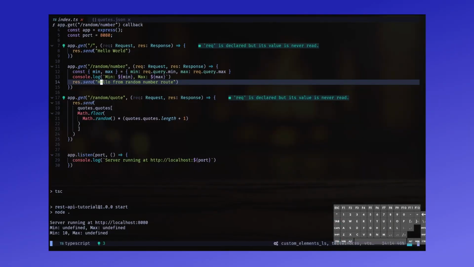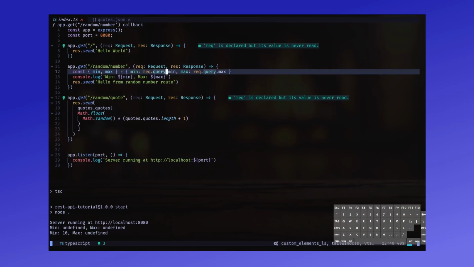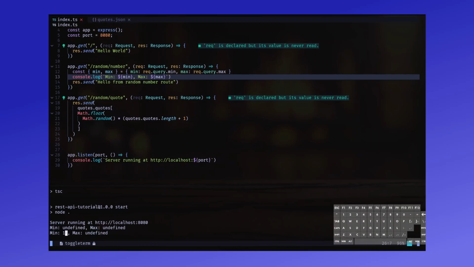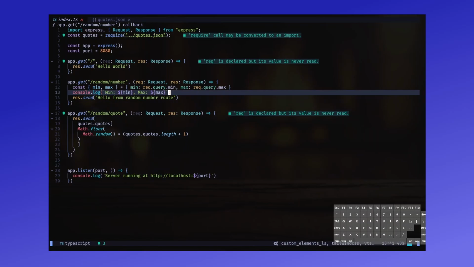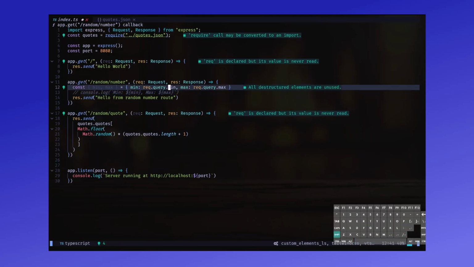So our server over here knows how to look for min and max. So you can see request.query.min, it's looking for that min parameter, and request.query.max, so it's looking for that max query parameter. So now how can we actually use these parameters in order to generate a random number? So that's what we are going to be doing right now. Let me turn off the server. Okay, so we can get rid of this line for now. Actually, let me just comment it out, and